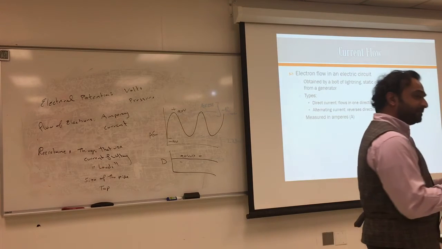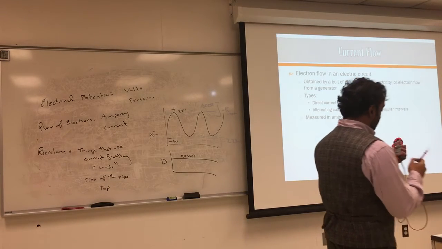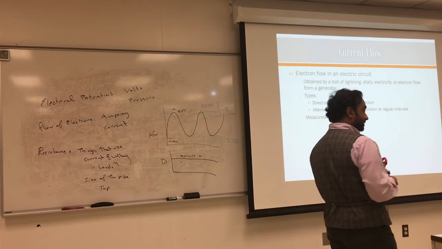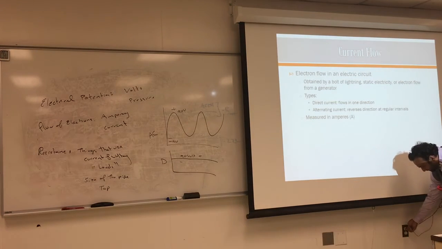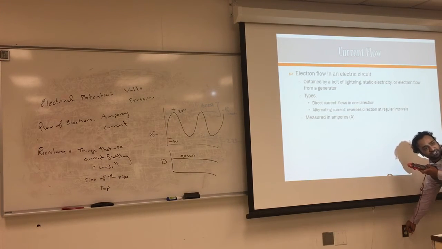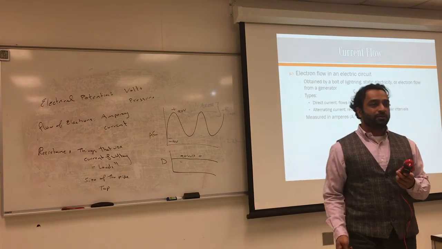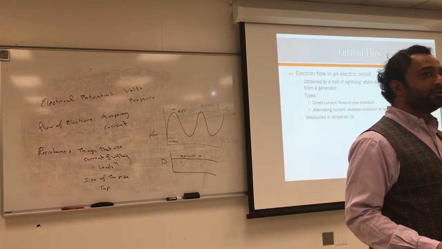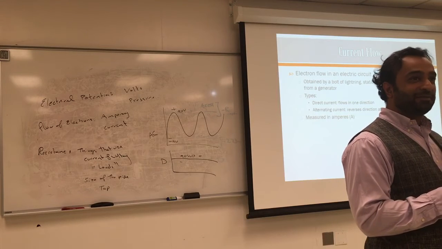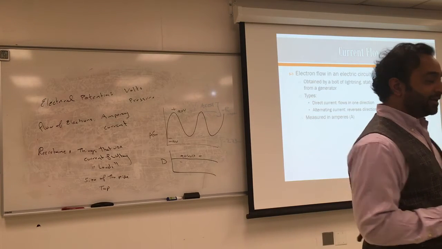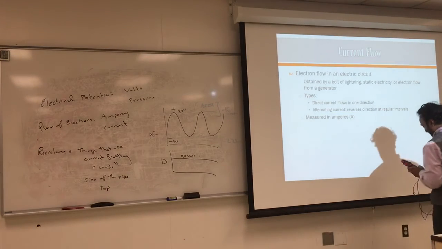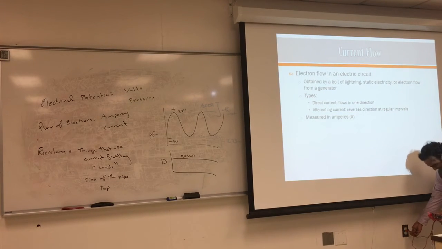What if I want to put this in AC? So I'm going to put it in AC now, and I'm going to stick it in the outlet. 116 volts AC. And that's not going to give you negative or positive because it's alternating. So, for experimentation, I'm going to put it in DC and see what happens. I might get shocked. So it's getting confused. See how it's alternating? Up and down, up and down, because you can't measure it.